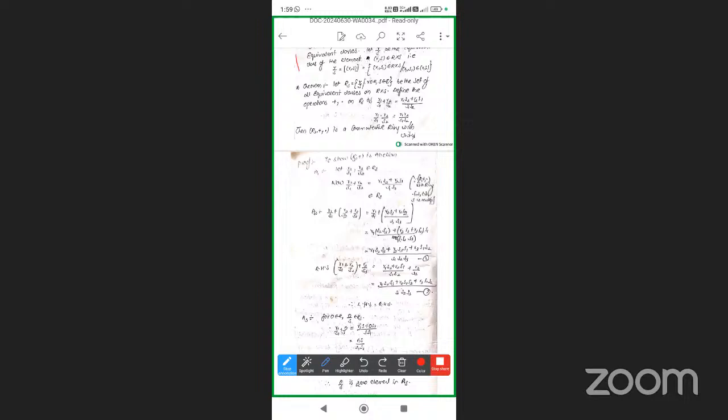The theorem is: R by S, such that R belongs to R and S belongs to capital S, be the set of all equivalence classes of R comma S. Define a relation, addition and multiplication on RS as R1 by S1 plus